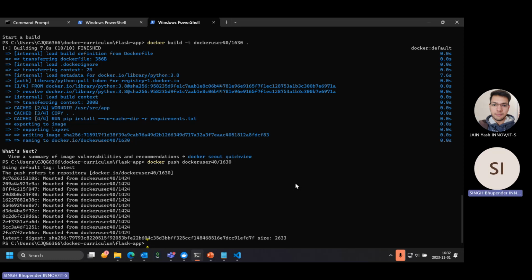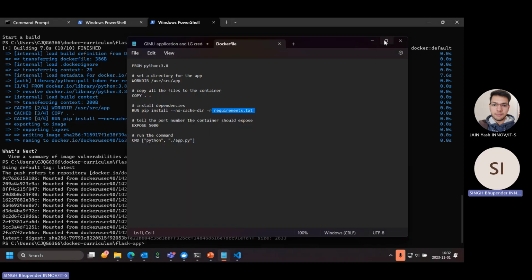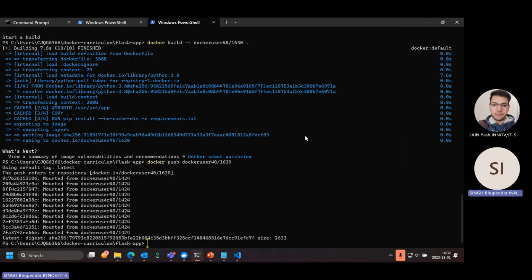I mean to say that two or more containers can have the same layers. This is another advantage of Docker, as it helps reduce the space even more. Since we know that it is based on the Python file, some of its layers are going to be the same as the Python file. And now as we have published it online, we can see that here we will be able to find it.